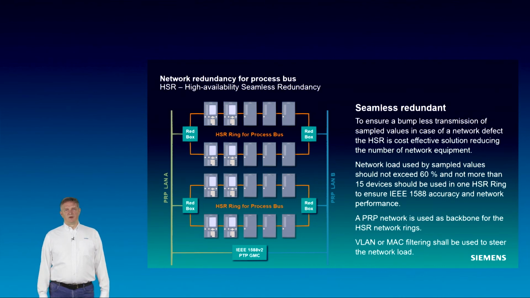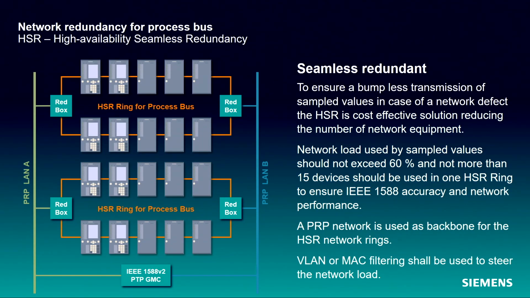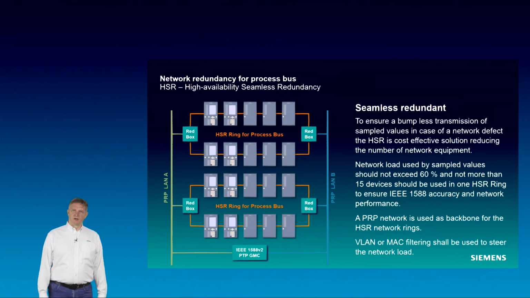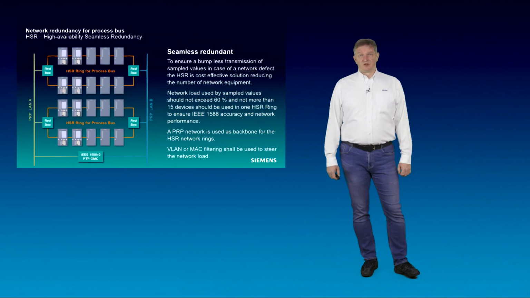To save network equipment, also HSR, the High Availability Seamless Redundancy Protocol, could be used as well. Besides to the 60% network load limitation, a maximum of 15 devices in such a ring ensures the precise sample synchronization using IEEE 1588 PTP. With a PRP backbone to the HSR rings, larger network configurations with multiple HSR rings are possible. The connection between the HSR rings and the PRP backbone requires redundancy boxes, also known as RedBox. Please make sure that all the used network equipment is IEEE 1588 PTP aware to not jeopardize the accuracy of